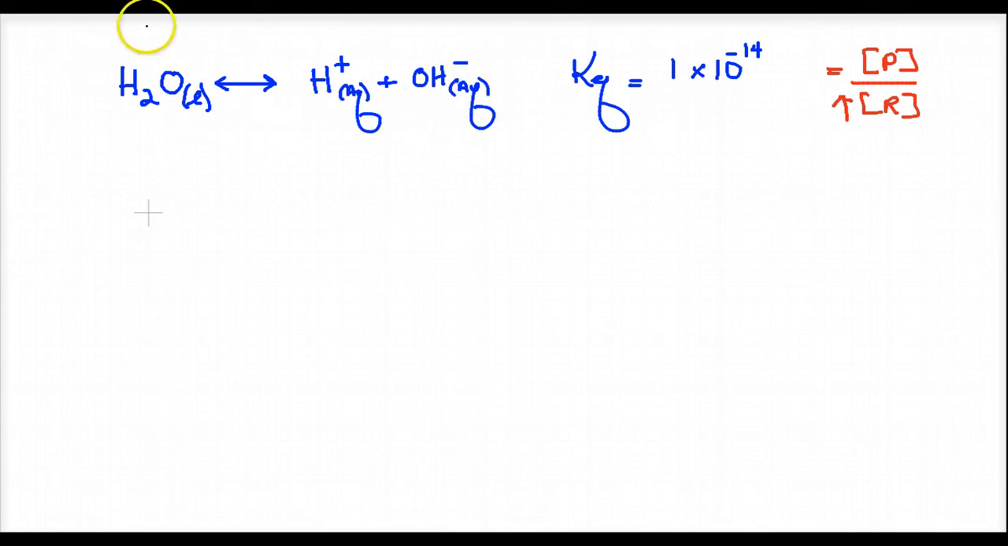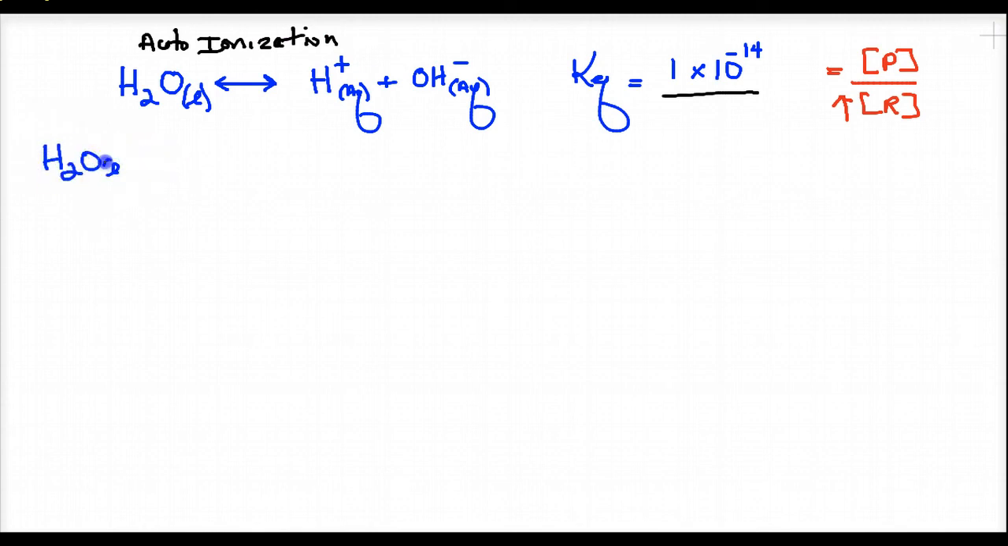And again, I'll write that in: auto-ionization. But regardless, it doesn't happen that much because the equilibrium constant is so small, reactants are favored. Now I could write this another way. Probably a better way to write this would be to take 2 water molecules instead of 1. So 2 water molecules react, come together,